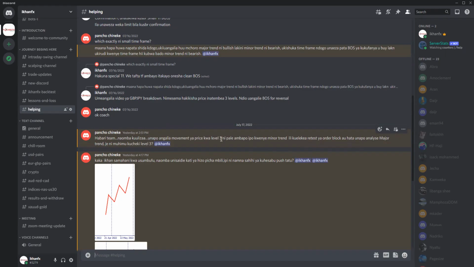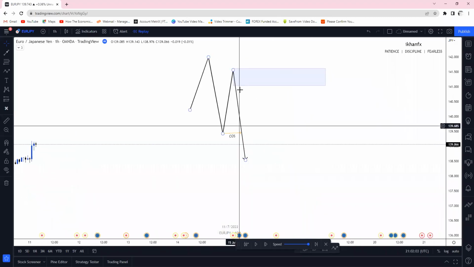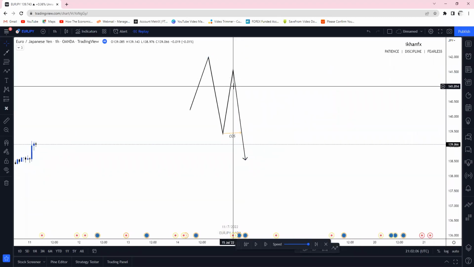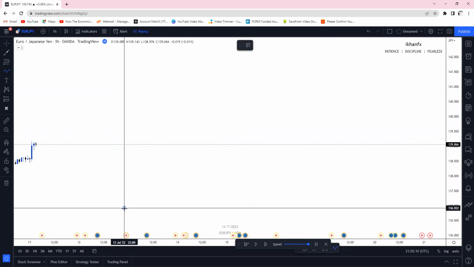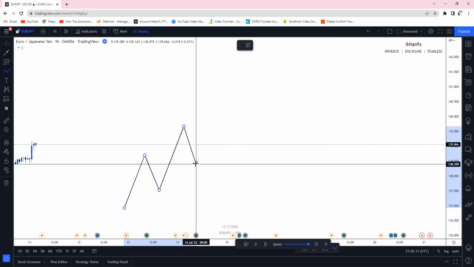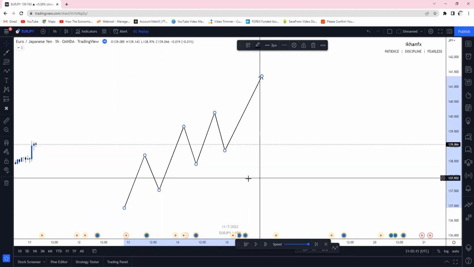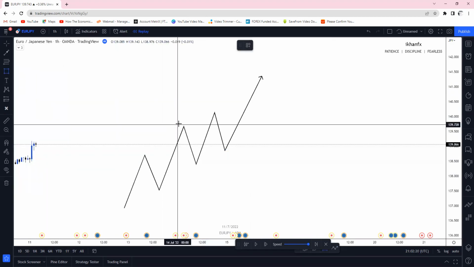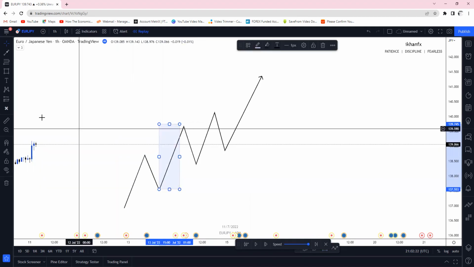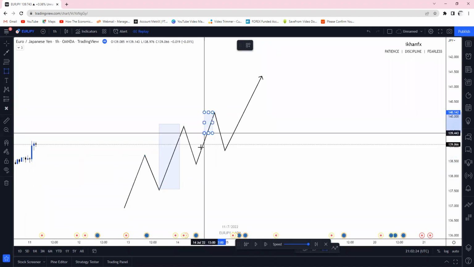So make sure you count those levels in each trend. It can be a major trend or a retracement. Why? Like I say, why? Okay, why? Let me explain clearly here. Major trend is bullish, right? Like this. But in this range, in each range that has created a cause,